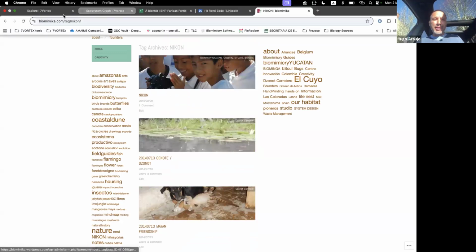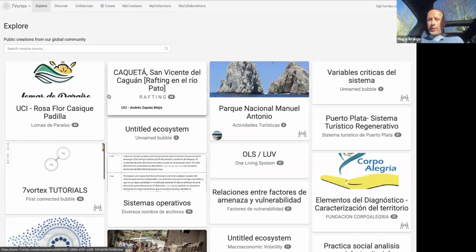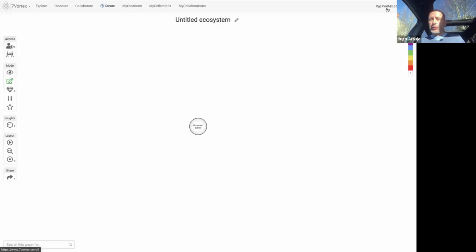And so I created Seven Vortex as an extension of, let's say, my way of thinking, and I'm also inspired by nature. I will show you how to create a map, which is very easy. Once you have your user, it is free. You don't need any payment unless you want to make it private. If you want to make it private, then you pay a license of 10 euros per month or 100 euros per year. But the main idea is that we actually share with each other. This is how it is open and how it's free.